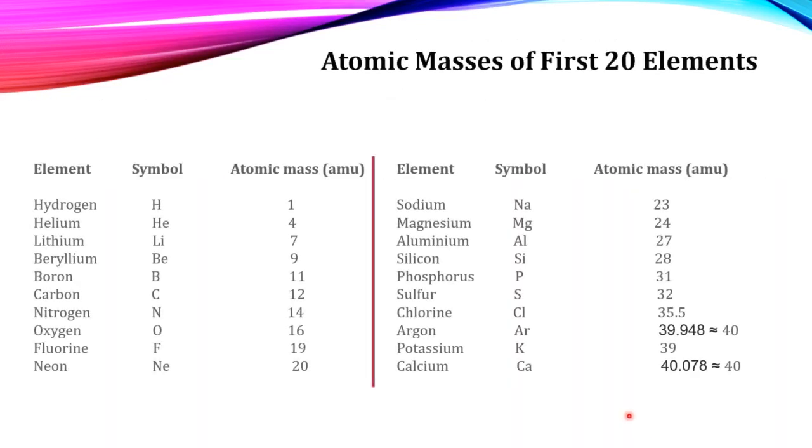We discussed the first 20 elements and how they are distributed in the periodic table. I showed you a trick to remember those first 20 elements. Then I discussed how we weigh an atom and the scale we usually use, that is the atomic mass scale. So here are the atomic masses of the first 20 elements. Actually, you are expected to remember the atomic masses of these 20 elements.